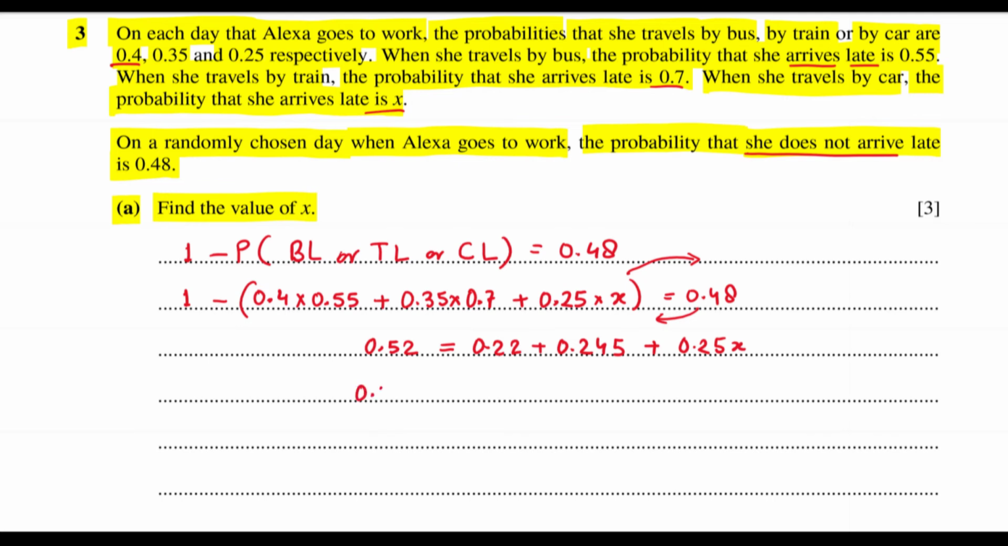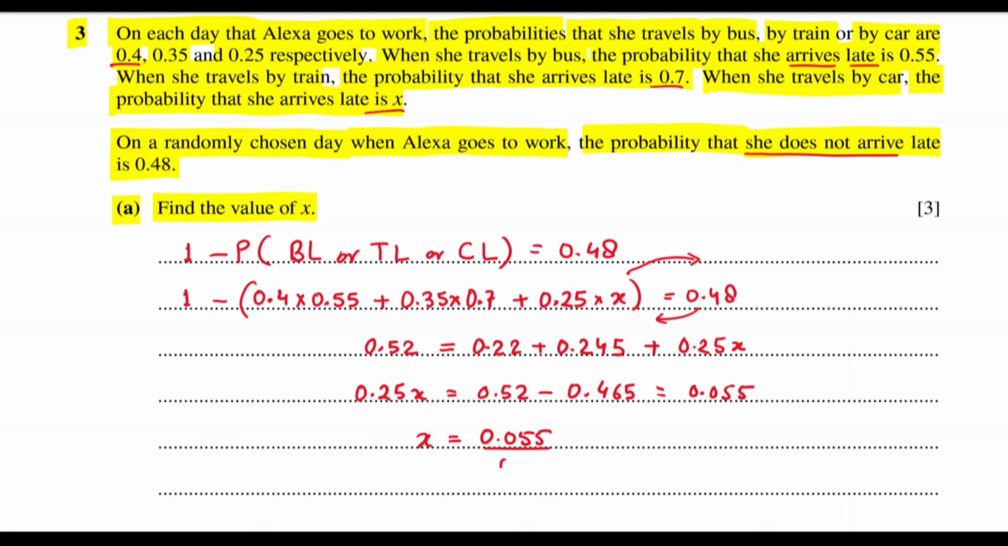So 0.25x becomes 0.52 minus the sum of these two, which is 0.465. Subtracting 0.465 from 0.52, we will get 0.055. So from here we got the x value as